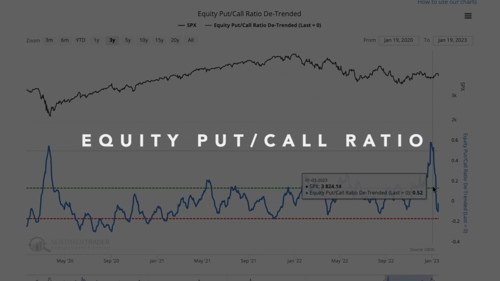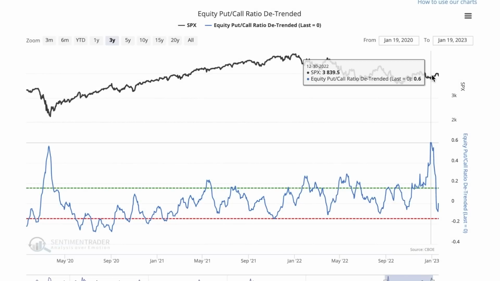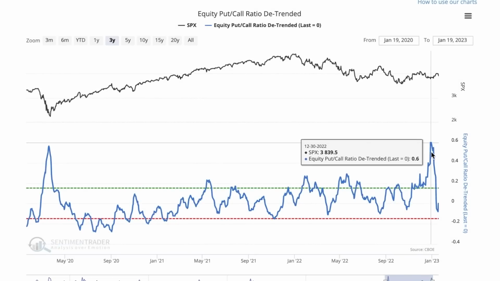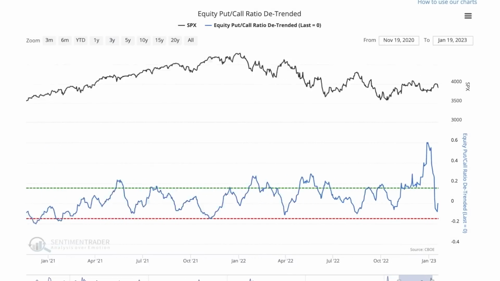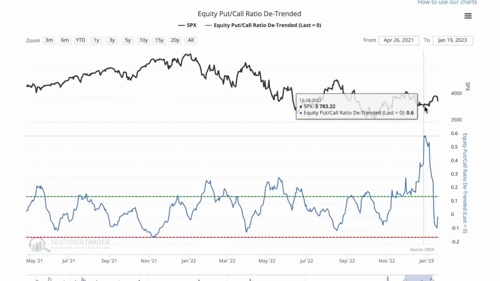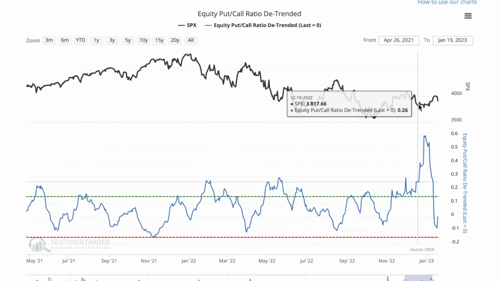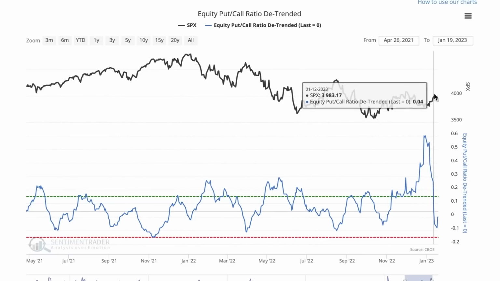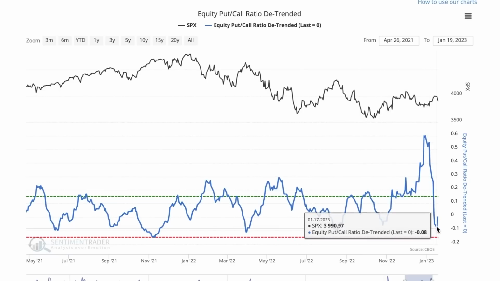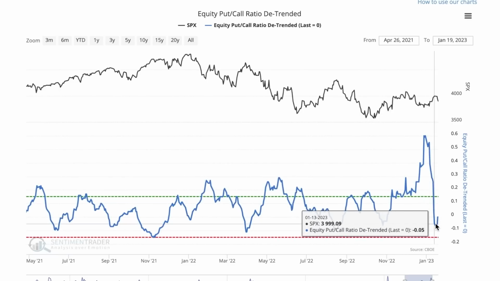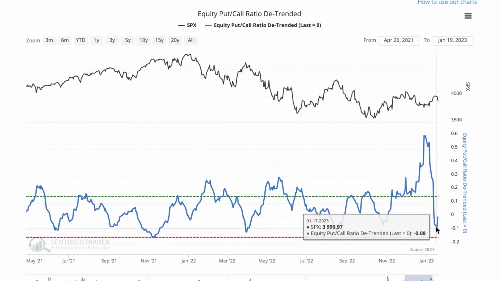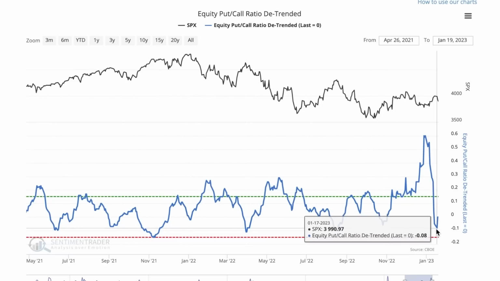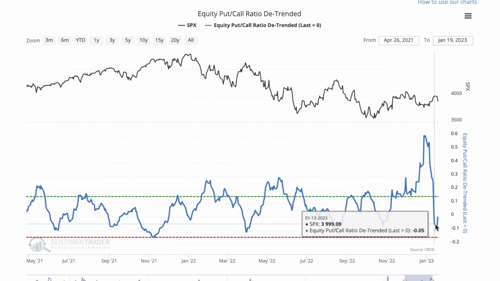But you can also see that the put call ratio was extremely elevated right there, as the market was making this short-term bottom. Then we had a rally, and during this rally the put call ratio completely collapsed. People were either getting squeezed out of their puts or going all in on calls, thinking that the markets were going to skyrocket. Now that doesn't mean that the market can't rally.